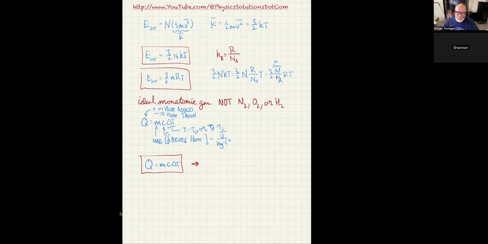You'd know, for instance, the specific heat of water at roughly 5 to 10 degrees Celsius is 1 calorie per gram Celsius degree, whereas water in the solid state is like 0.5 calories per gram Celsius degree. So if you're going over a large temperature range, it might be best to use Q is equal to the integral from T initial to T final of m times c of T dT. So that's another thing you could use as well.